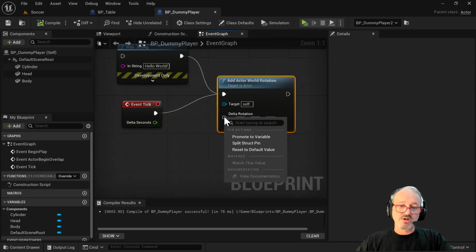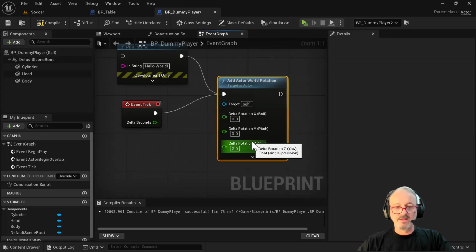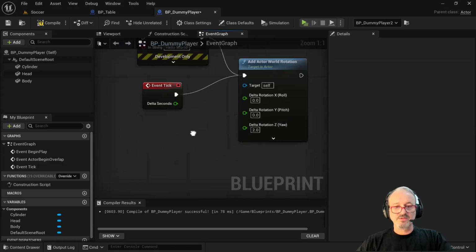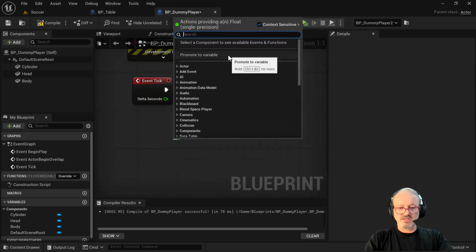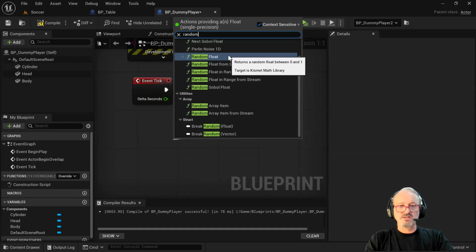So what we'll do is we'll right click on that and we'll go split structure pin. Okay. And then right here, instead of it always being 2, maybe I'll do a random. So let me drag out here. I'm going to type random. Am I searching? Yeah, there we go. Random